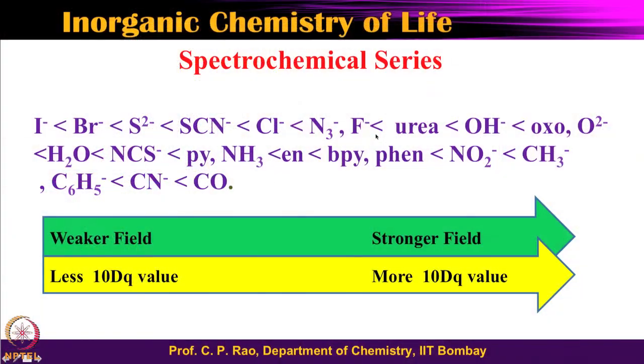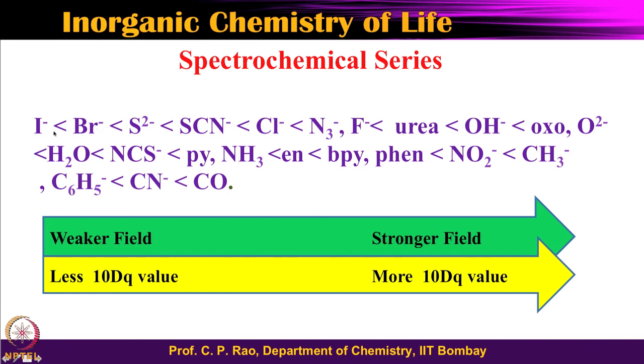Now, in an octahedral case, let us try to compare these things. Let us look for a while at how the kind of ligands affects this field, as given over there. This is referred to as the spectrochemical series. The way that this delta O splitting occurs depends, as I said, on the nature of the ligands.